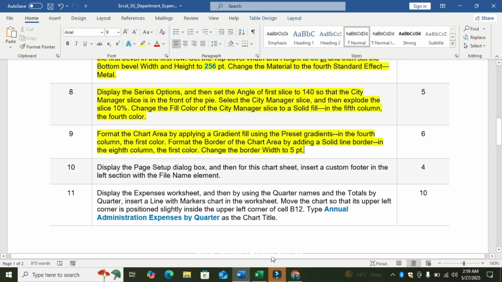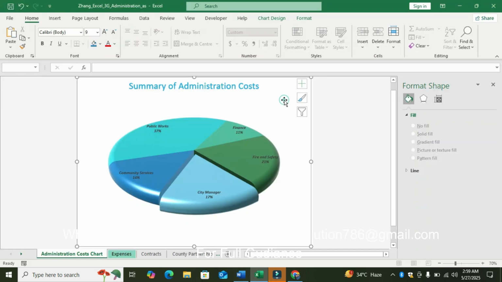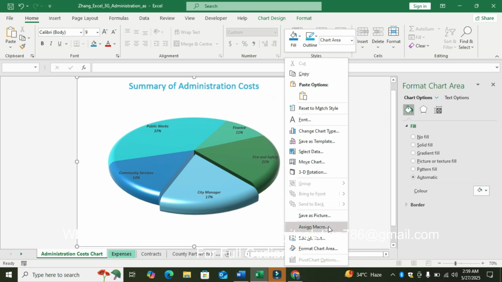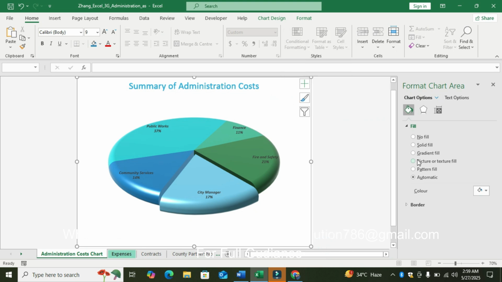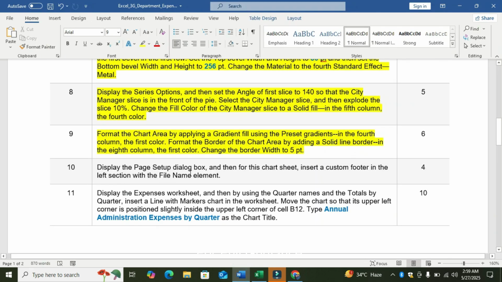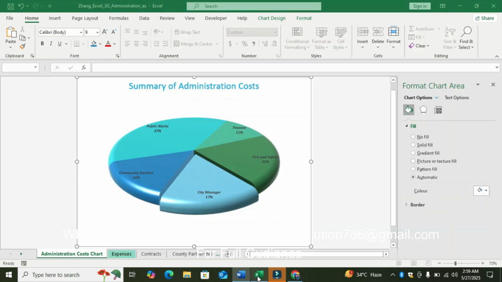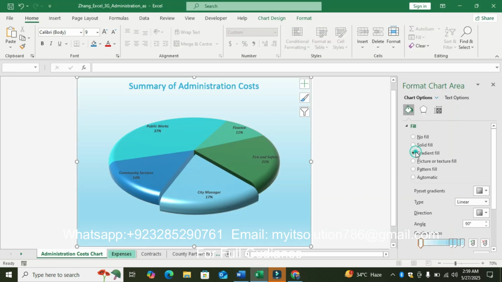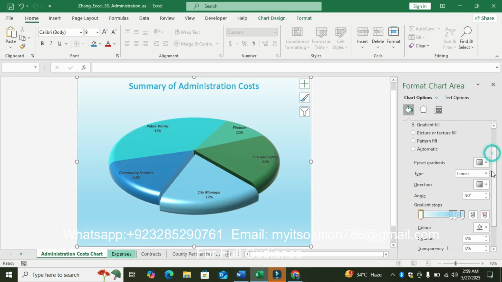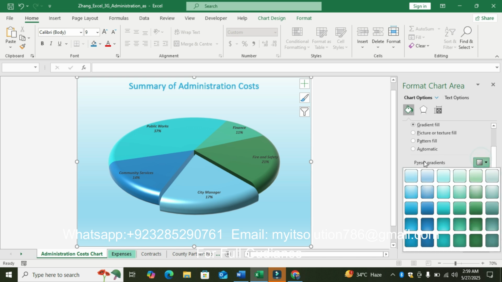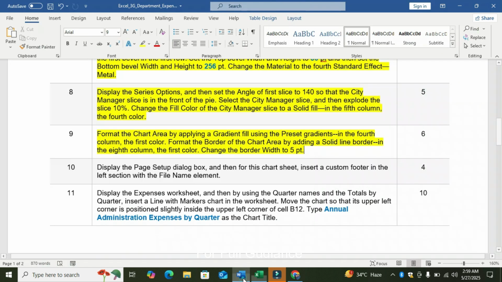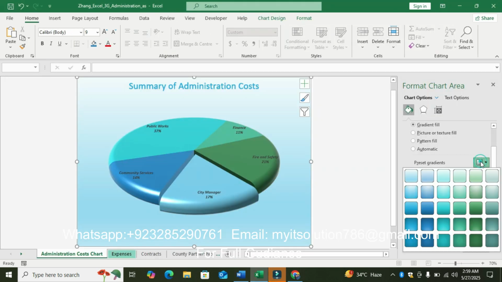So we go on our Excel worksheet and format the chart area, format chart area, and here chart area fill with gradient fill. Gradient fill is this one, and in the preset gradient apply in the fourth column first color. Fourth column is this one, first color is this one,